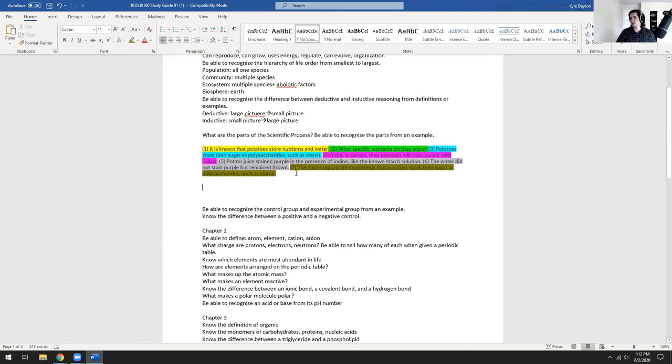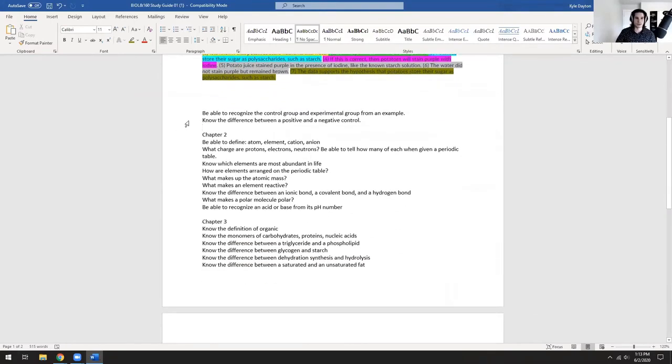So if I were to give you an example like this, be able to pick out what's the conclusion. If I were to say, what's the conclusion? You'd probably say, well, let's look for a sentence that says the data supports or rejects the hypothesis. If I ask, what's the background research? Probably going to be the first bullet, which usually starts with background research.